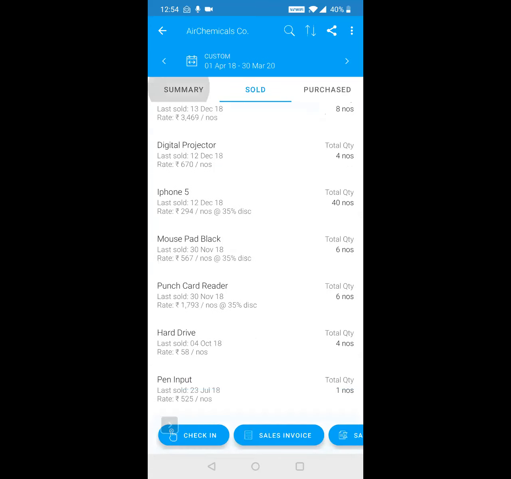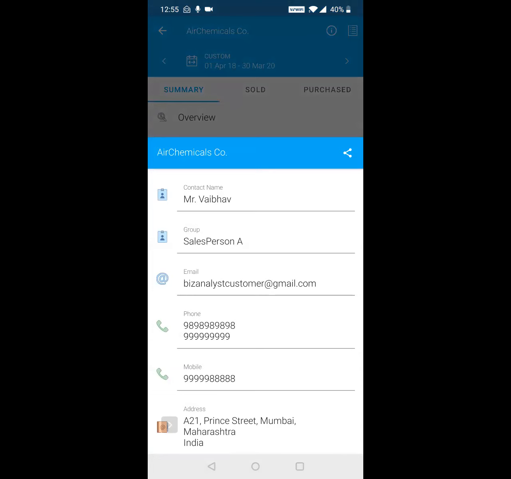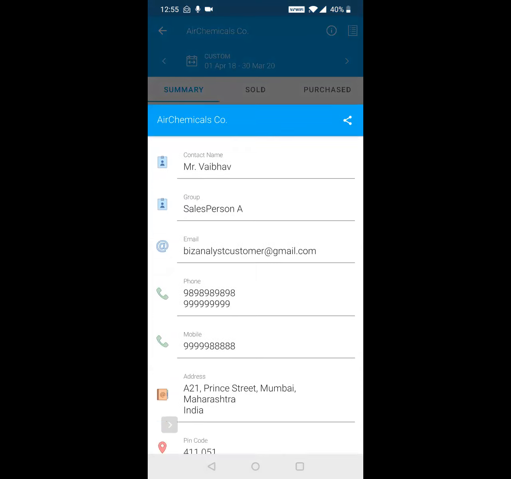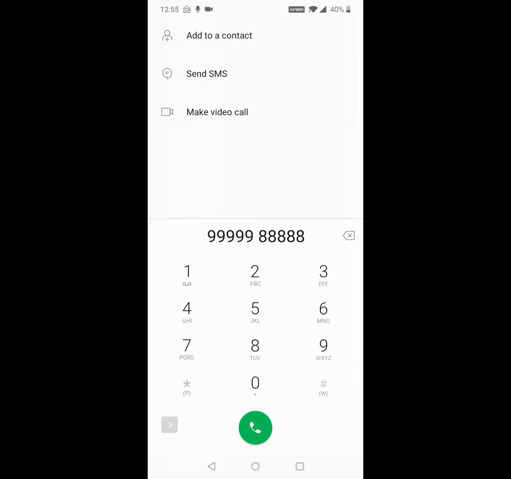Okay. Next, in the summary screen, there is an I button at the top. So here, whatever information you stored in the Tally Master, you can get it here. Okay, so address, email address, phone number, office address, GST number. If I want to call this person, all I have to do is click here and I can call this number.